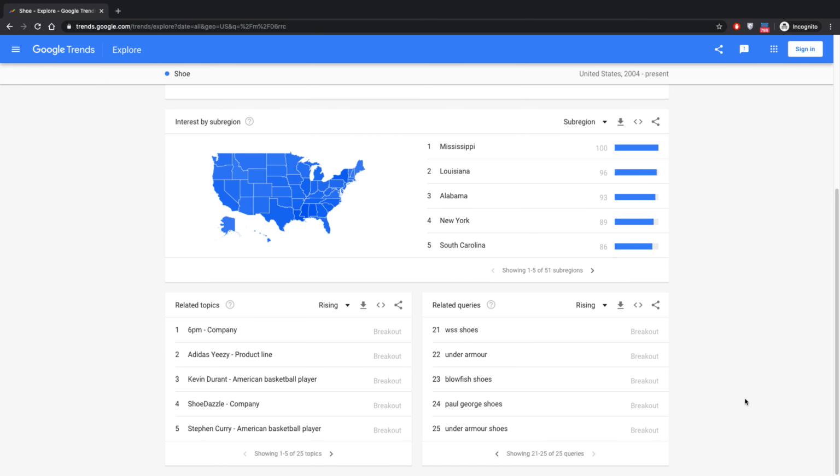So this is how you can use Google Trends to find out different niches, keywords, and use them in your